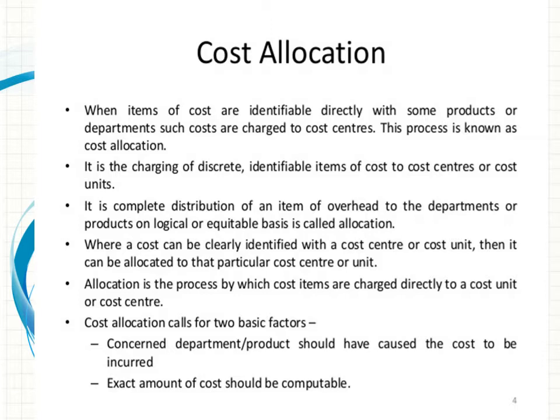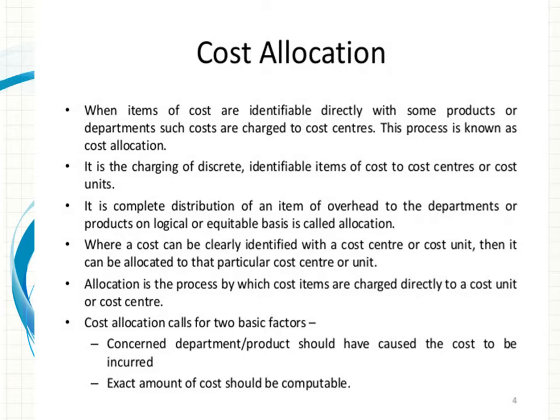For example, take the rent paid by the factory. It cannot normally be allocated, since rent is payable for the factory as a whole, and the exact amount for a department cannot be known. But indirect materials of the various departments in which they are incurred, indirect wages, overtime and idle time cost, power, depreciation of machinery or supervision, all are to be identified and allocated to the cost center and cost units.